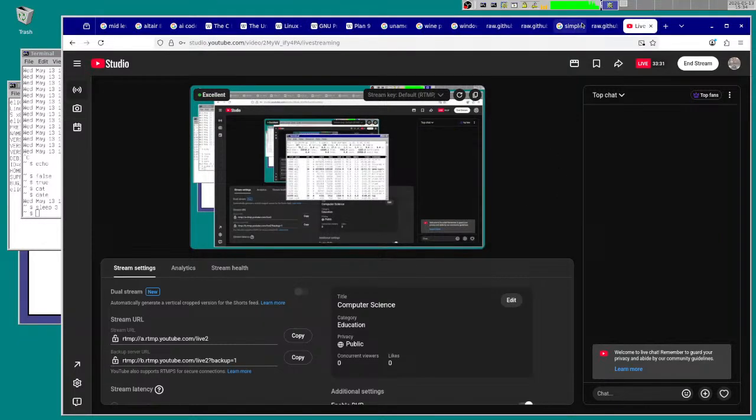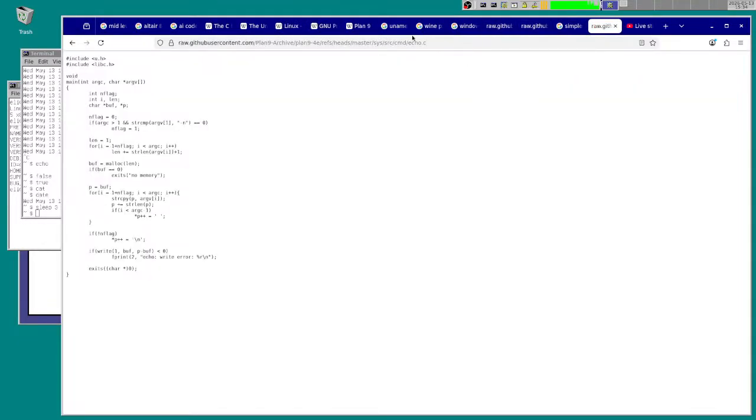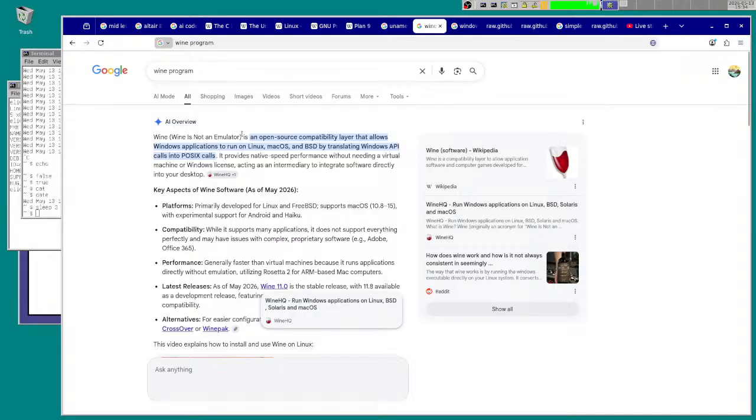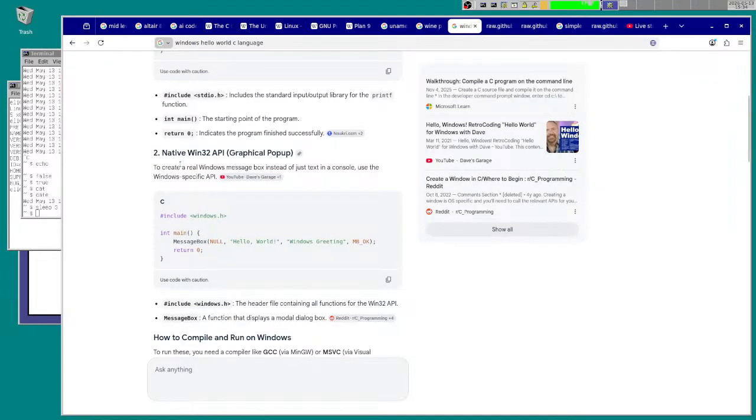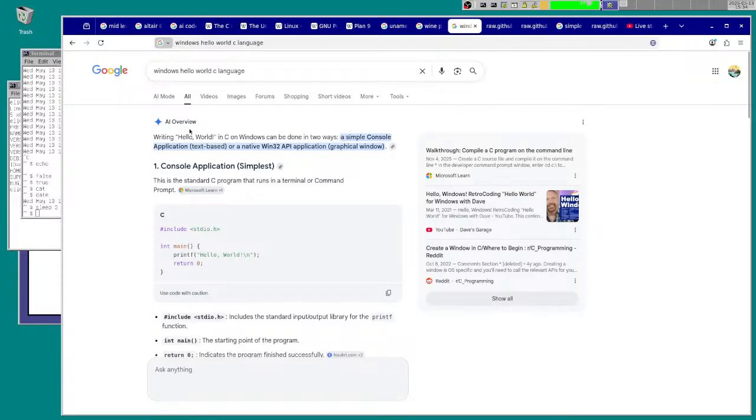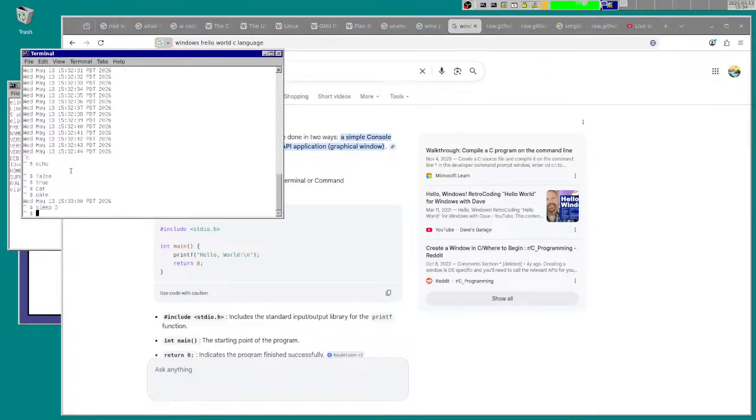So anyways, Wine is not an emulator; it runs Windows stuff. It's just something I was thinking, as an example I'm going to show you. I thought, what are very, very simple examples of these different programs? The echo program is a good example to show you. So echo 1 2 3 4 echoes 1 2 3 4. That's all. That's what echo does.